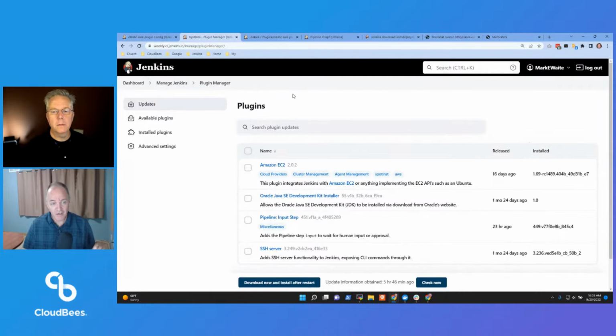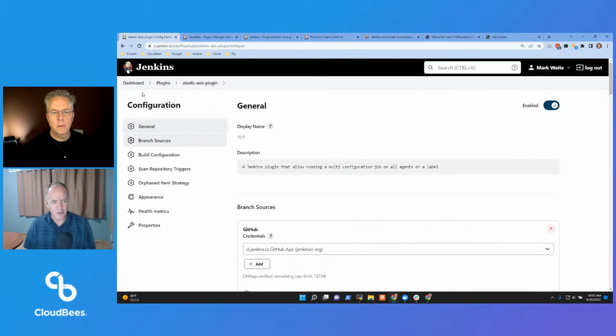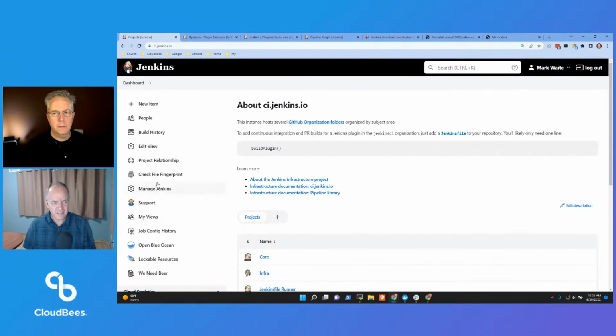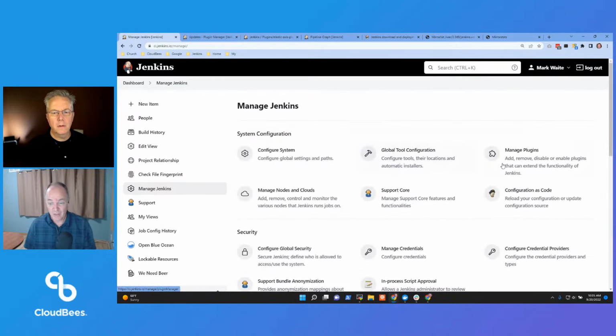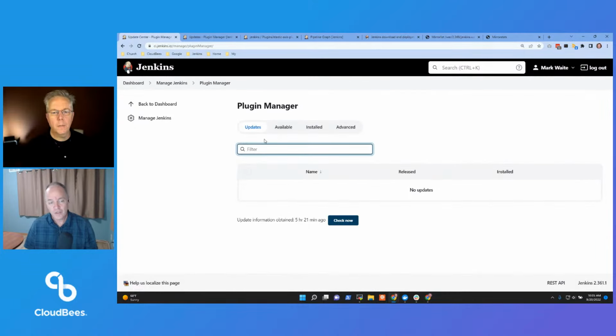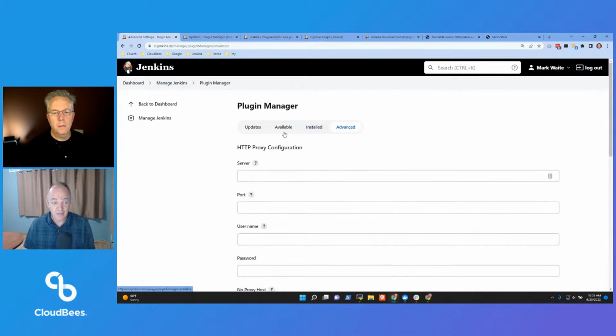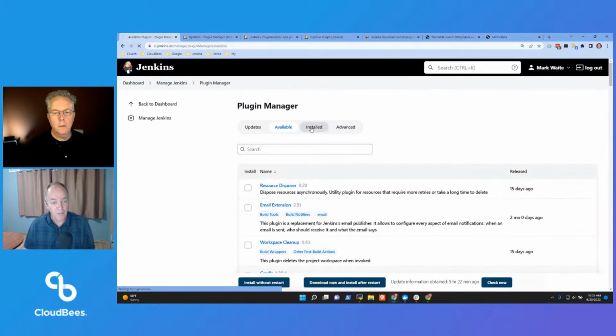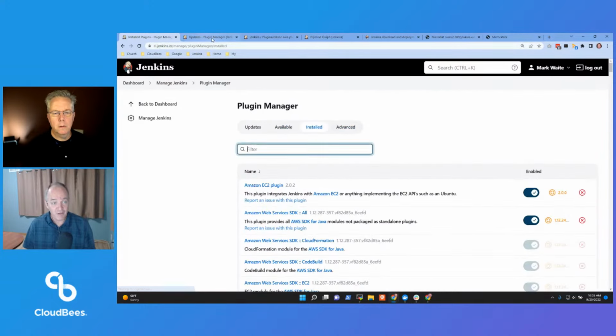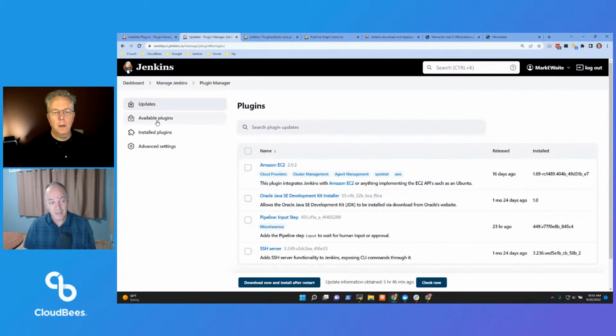On the plugin manager, what we were used to, and I can show you the old plugin manager really quickly here. It turns out, on ci.jenkins.io, I happen to also be an administrator. So let's look at the plugin manager here. Notice that the tabs are across the top. They're very nicely styled, but they're across the top. Notice that in weekly now,